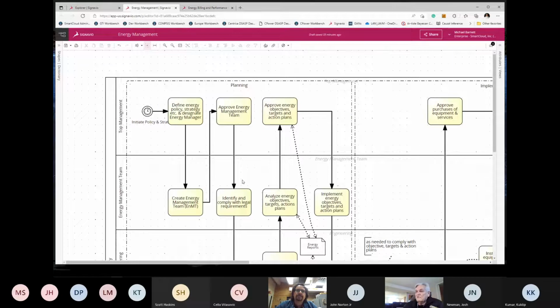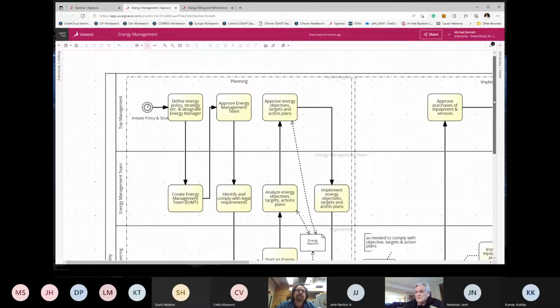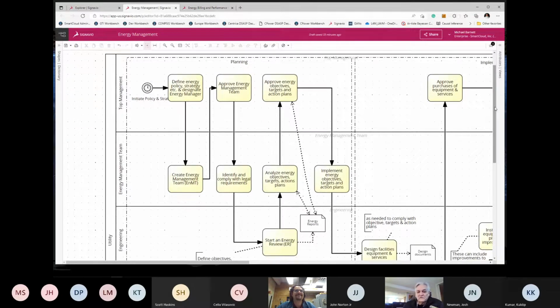So let me just walk through what's happening here. Not that I'm the expert on this particular energy management business process, but I can interpret what is described here, and then think about, as we walk through it, areas where you might have a lot of questions or opinions about what's here, but also where you might be able to elaborate further on the business process model that we want to create for case studies in WISE. So as before, we've got